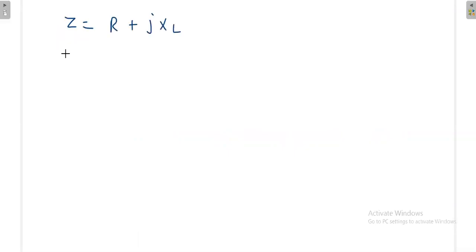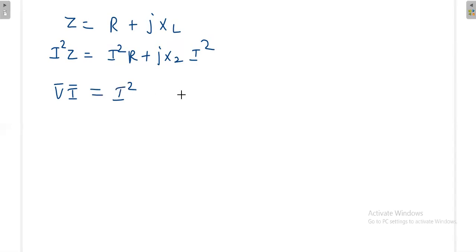If I multiply with I square everywhere, this is I square Z, this is I square R, and then jXL I square. Then I can split I square Z into VI, where V means voltage supplied and I means current supplied by the voltage. Now this is equal to I square R and